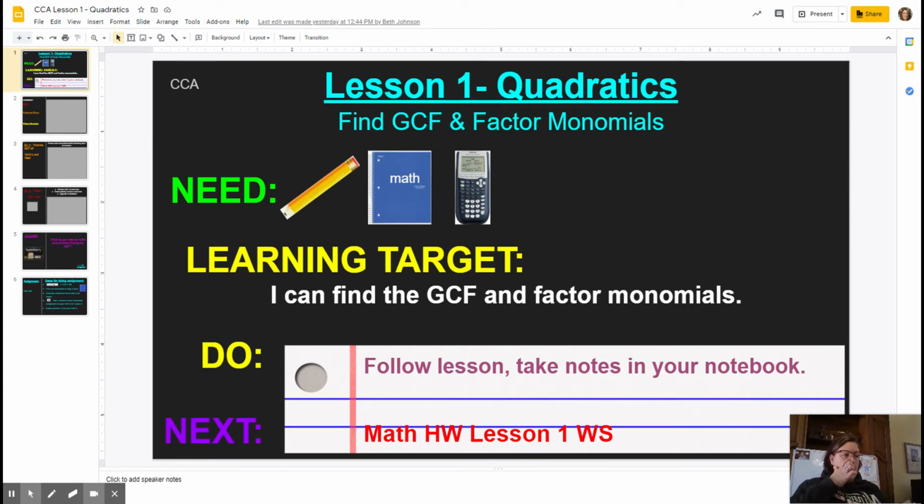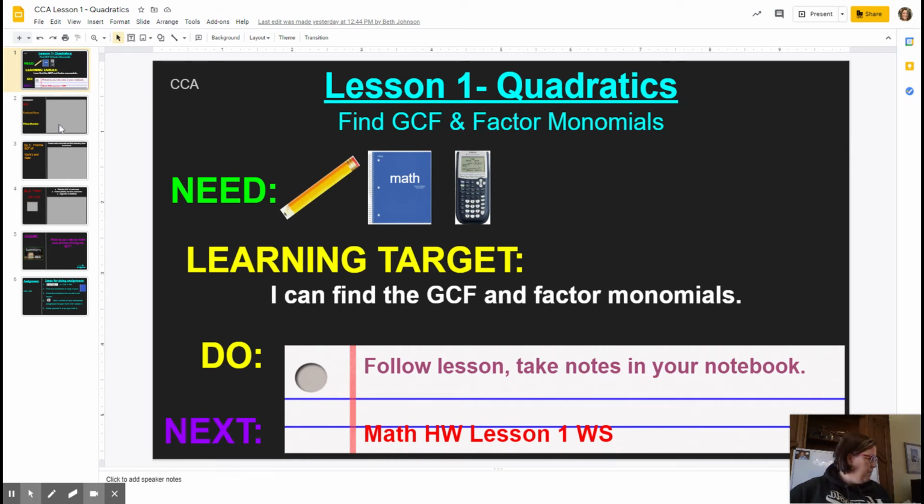All right, so our learning target for today is I can find the GCF and factor monomials. The GCF stands for greatest common factor, and we know that monomials, and actually it's more than just monomials, but monomials are terms that just have one term to them. So we're actually going to factor monomials and other